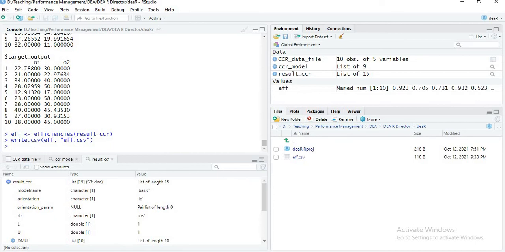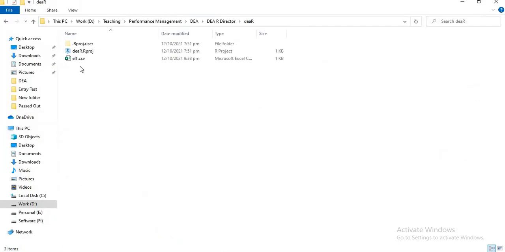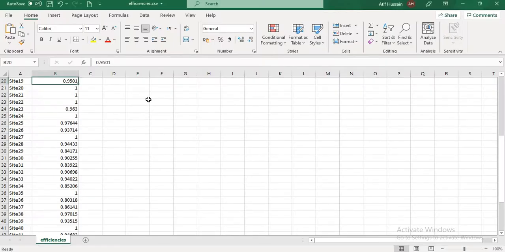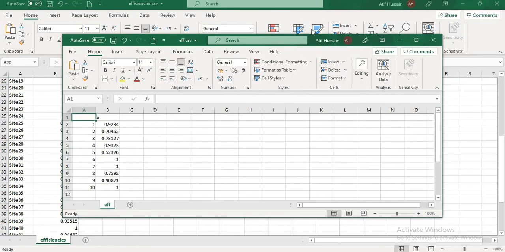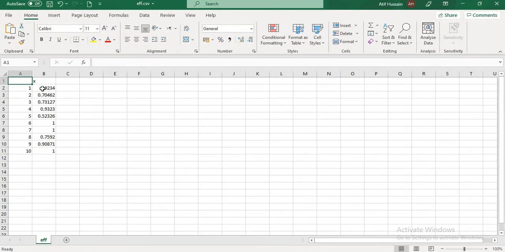Okay, now when I go to my working directory, I will have a CSV file, efficiency.csv. I can open it to see the efficiency scores of various DMU units, or DMUs. Here you can see that DMU 1 is this much efficient, DMU 6 is this much efficient, DMU 8 is this much efficient. I can always extract these results in an Excel or CSV file, or I can choose to do